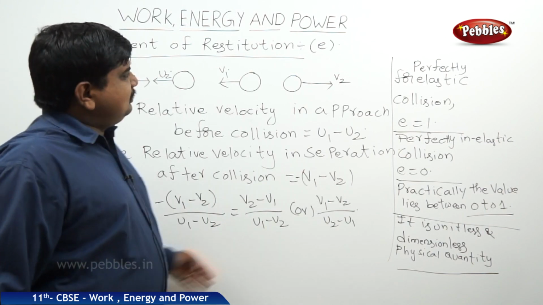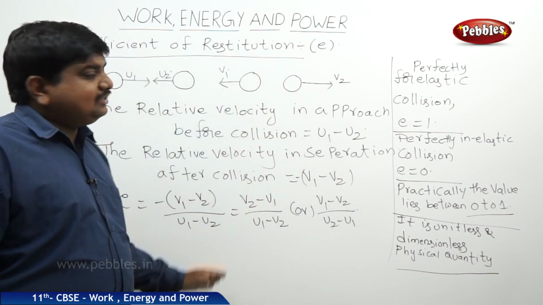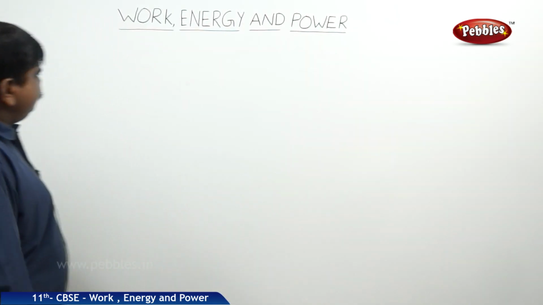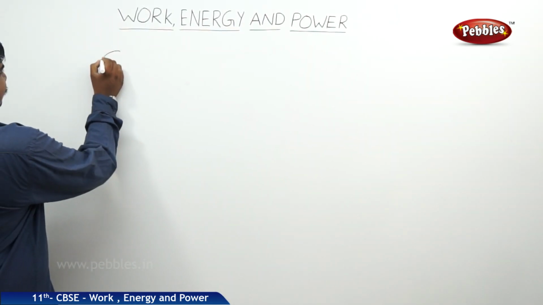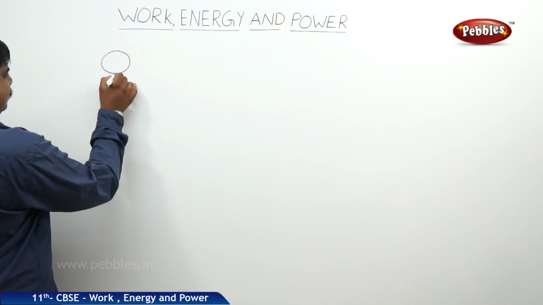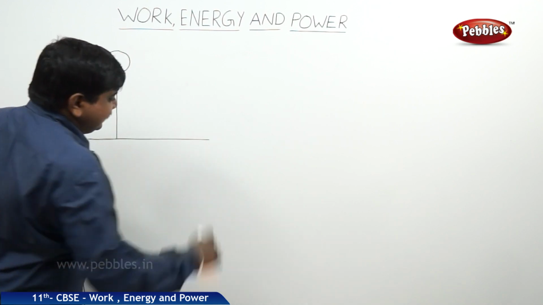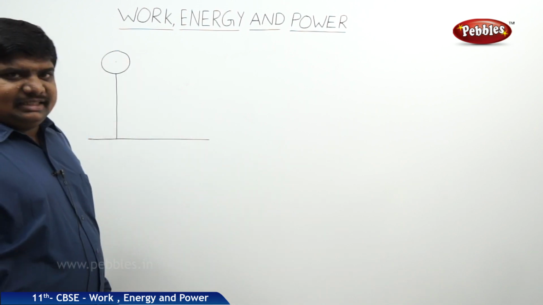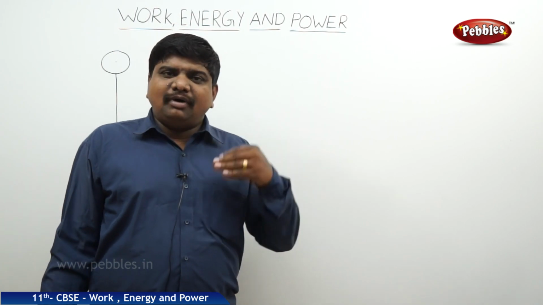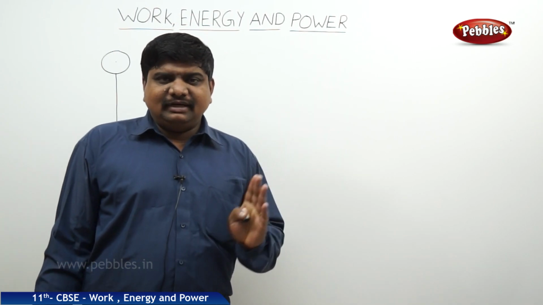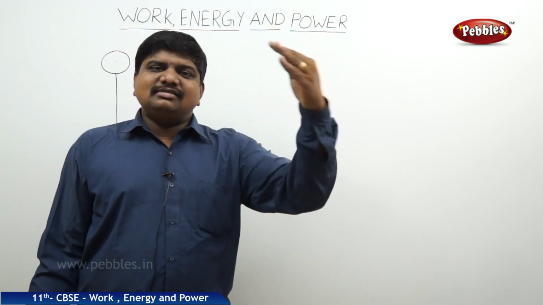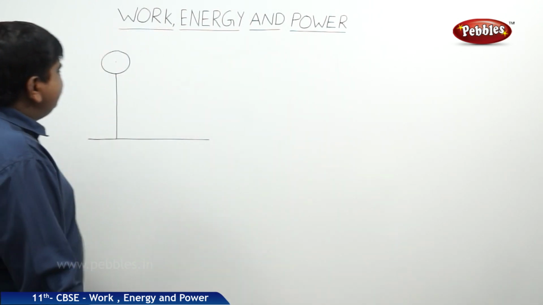Next, we will see the way to find the expression for the coefficient of restitution in the case of freely falling bodies. Now, we will see a freely falling body from a height h1 or h. It is coming towards the earth. Whenever the freely falling body is there, its initial velocity is zero. Once it rebounds on the earth, it will again move up to some height with a different velocity, so there is a loss in the velocity.